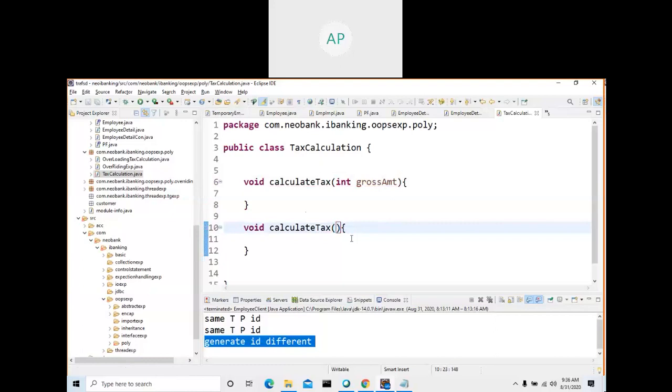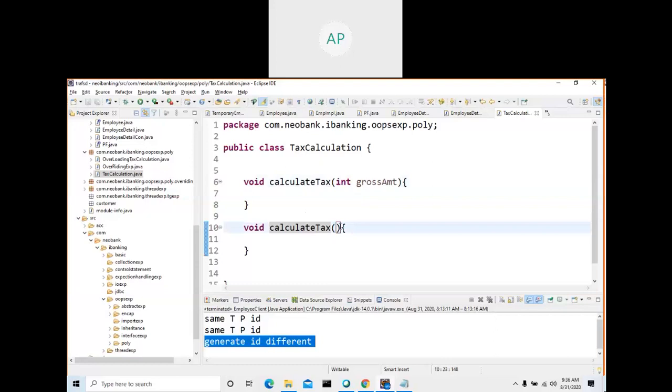So Java implements a feature called overloading, meaning your method name can be the same as long as the argument type is different. We discussed what an argument is. Here there is an argument called integer gross amount, with the type integer, and here the default, so there is no error.